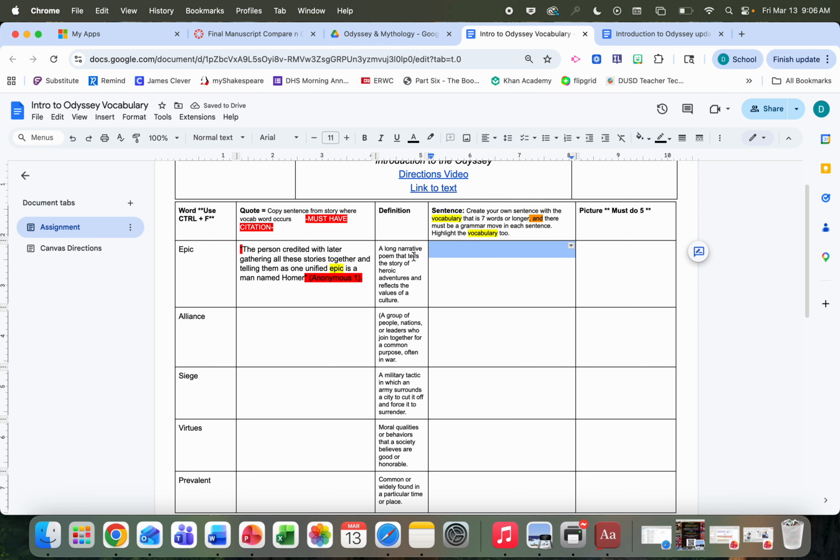Okay, an epic is a long narrative poem that tells the story of heroic adventures and reflects on the values of a culture, right? So part of the idea behind a good story is it can anchor a culture's values. So you come over here and write a sentence about epics or about good stories, and so you're trying to use a vocabulary word. So I love the value of sharing a good story,